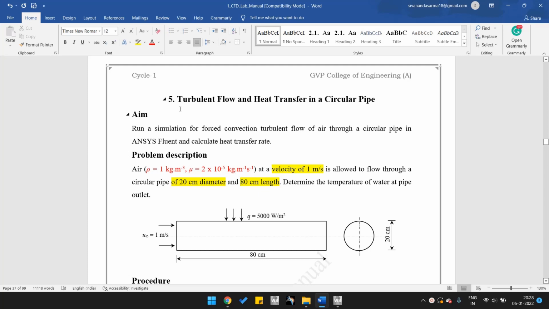Okay, welcome everyone. This is the fifth experiment, turbulent flow and heat transfer in a circular pipe. In this, we have forced convection and turbulent flow of air through a circular pipe in the axial plane. Basically, we have a pipe of 20 centimeter diameter and 80 centimeter length, and we force air with a velocity of 1 meter per second through the pipe, and there you can get forced convection and its turbulent flow,